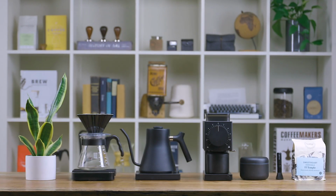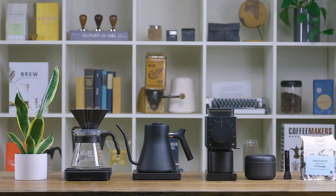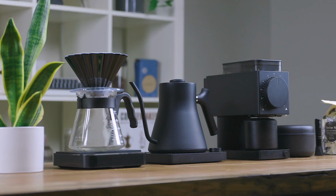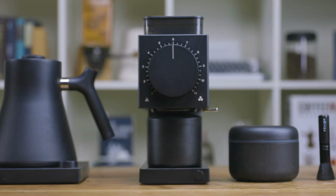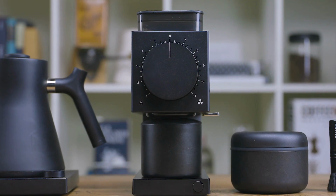Fellow, most notably known for their design-forward coffee gear, has brought to fruition the perfect grinder for those who prefer the filter side of coffee. Initially backed by over 4,900 people on Kickstarter, the hype surrounding this grinder was apparent well before they hit shelves